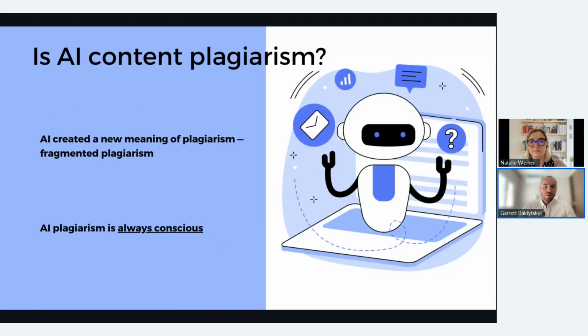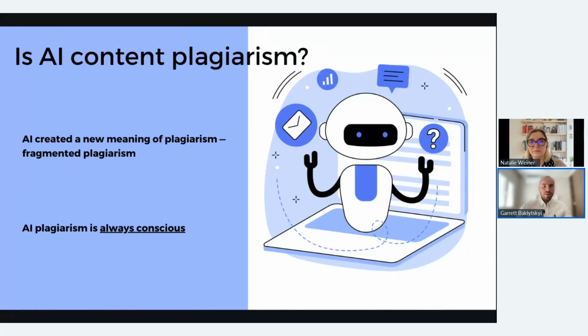Let's talk about whether AI content is plagiarism, if we should address AI content as plagiarism. It is not plagiarism in a human understanding, like the classic understanding of plagiarism, because it doesn't take significant parts of text from sources. It takes tokens like words or subwords, which are just small particles of a sentence. This type of plagiarism is almost impossible to achieve by a human because it requires a lot of time and effort to complete, even for a short essay.